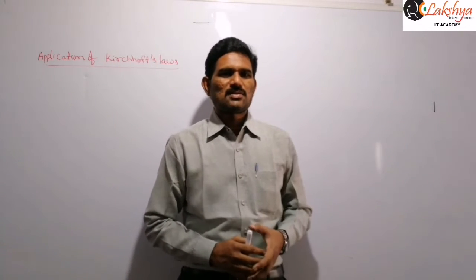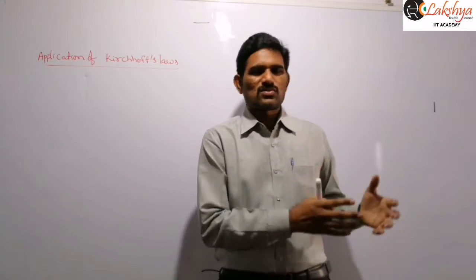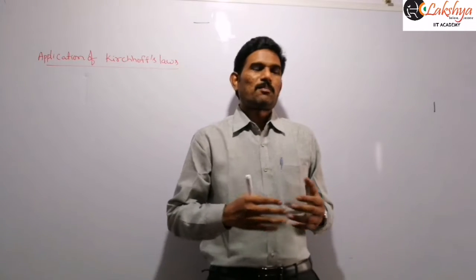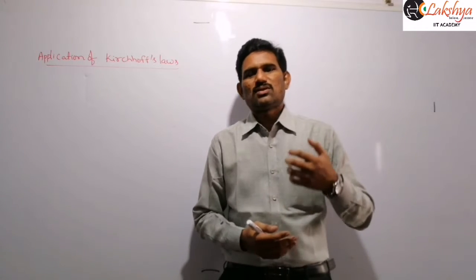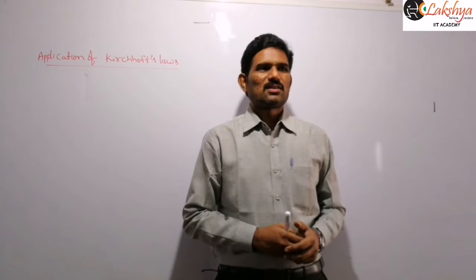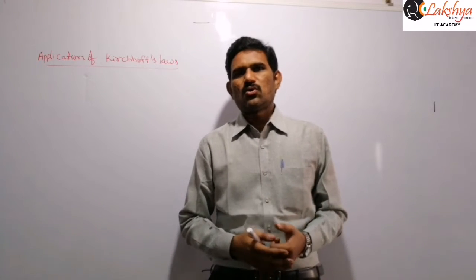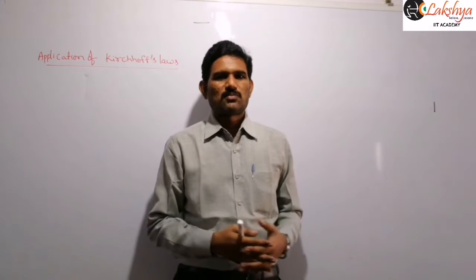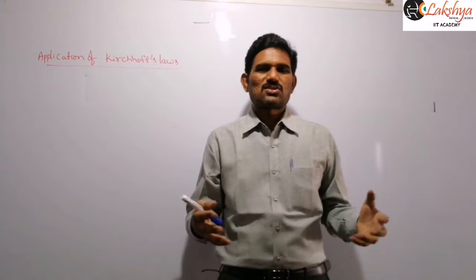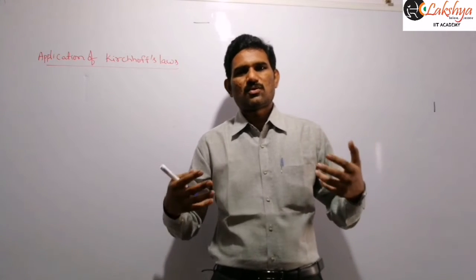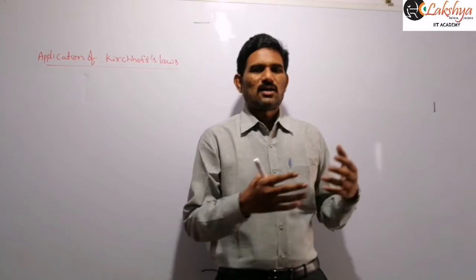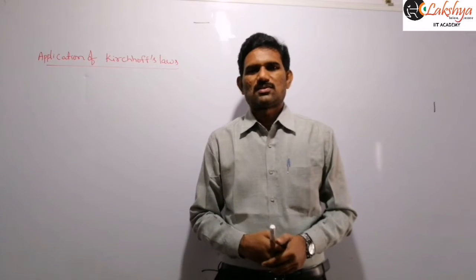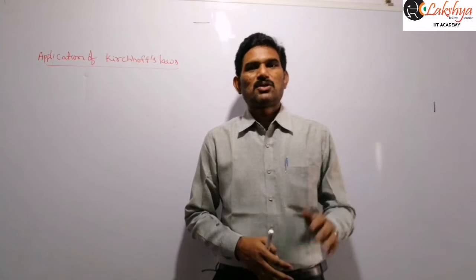So this is a basic method to find the effective resistance or the current in the different branches. In some cases, there may be some techniques to reduce the circuit. If more complicated circuits are given, the application of the Kirchhoff law may be somewhat difficult, in the sense that if more loops are involved in the problem. Suppose 5 loops are there in that problem, then you need to write 5 equations, and automatically you will get 5 or more variables, and you need to solve such 5 equations. It may be lengthy, but you can solve.